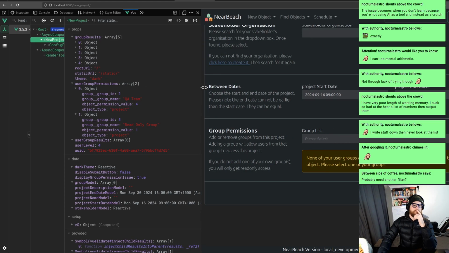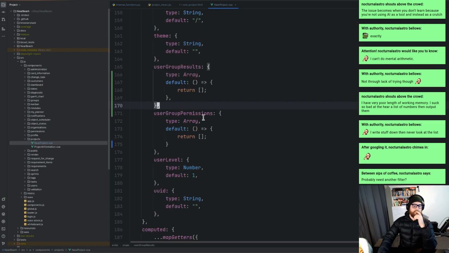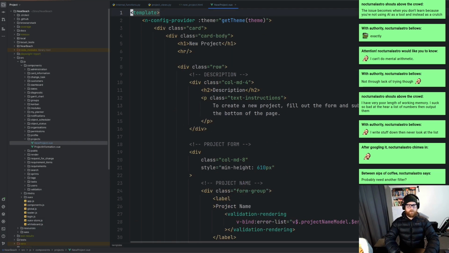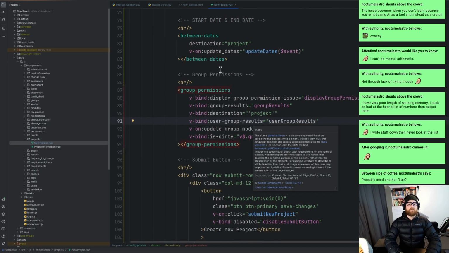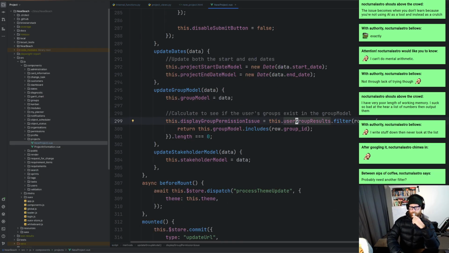So we're now happy with all of that. That's passed through. Let's go into the new project. So we've got the group results. We're gonna comment them out, and we're gonna go group results. So user group results, group permission. Oh, that's been passed down. Okay. Display group permissions issues. All right. Yep, that's